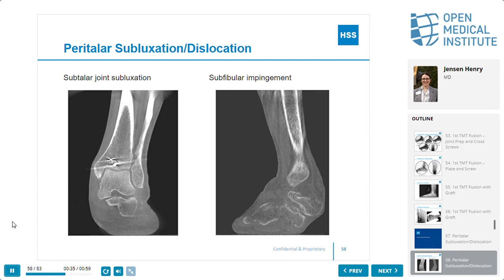Here is a patient, look at the middle facet of his subtalar joint. So see how that joint is subluxed? That's subtalar joint subluxation. And so a lot of times if you look at the middle facet, it can give